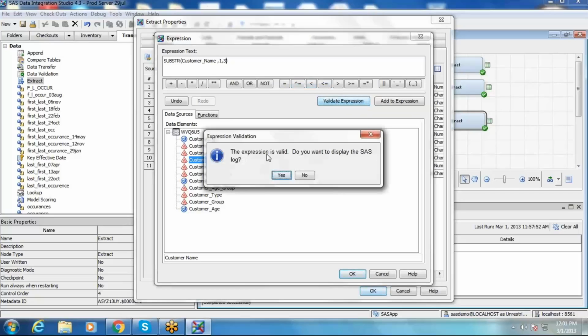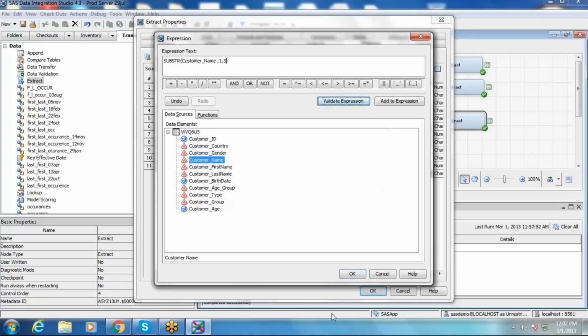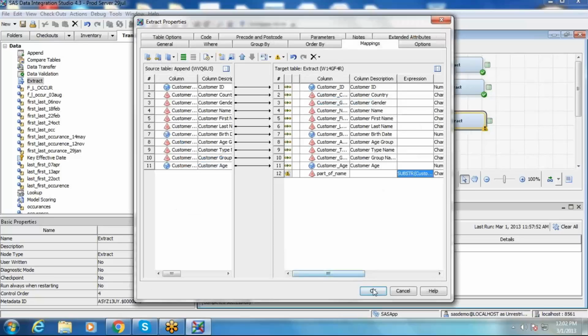Your expression says it is valid. If it is invalid, you can see the log and verify what is going wrong, whether I am missing any quotations, single quotation or double quotations, and then place them accordingly. Do you want to display the log? As it is valid, I don't need to see the log. So I'm just clicking on no, then click on OK.